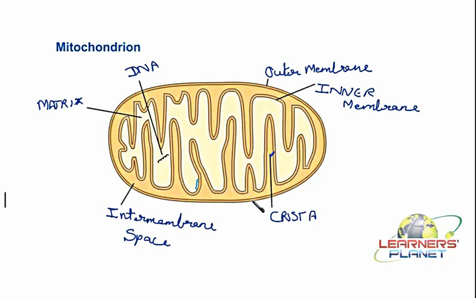What is the main function of mitochondria? It is the respiratory site, isn't it? It is a site of respiration. Now, site of respiration means it is controlling the second half of the respiration. See, what is respiration? It is the oxidation of glucose, right? Into what? Into carbon dioxide and water molecules. So this particular cycle takes place in various steps. The initial half occurs in the cytoplasm, and the remaining second half will take place inside the mitochondria.